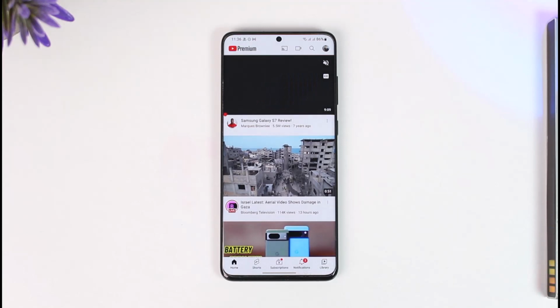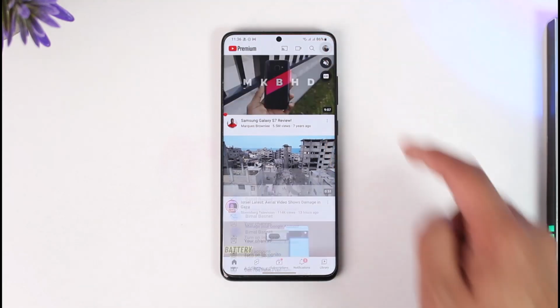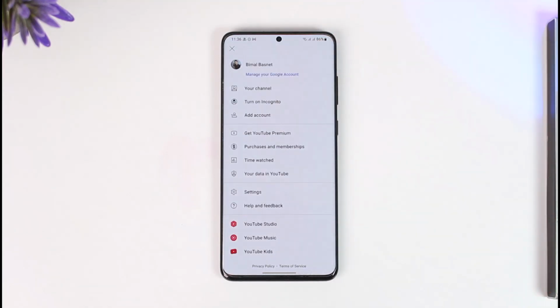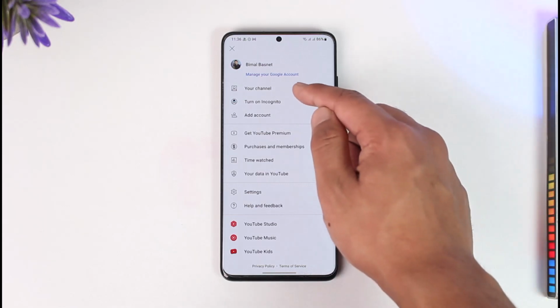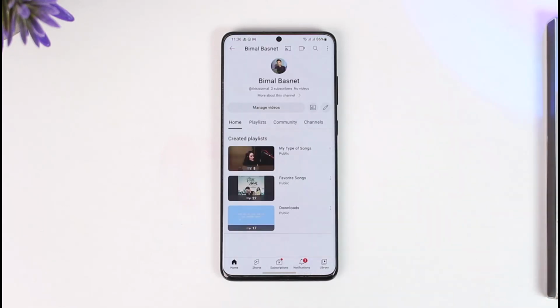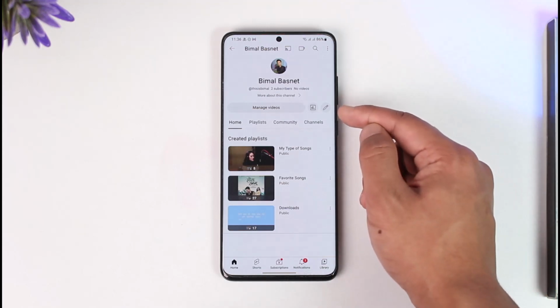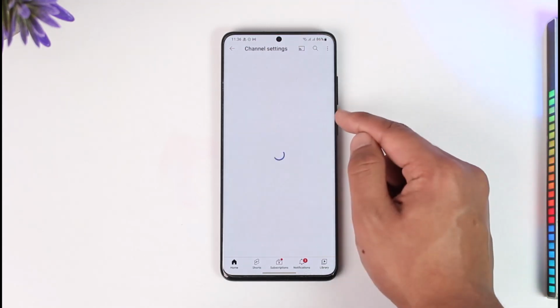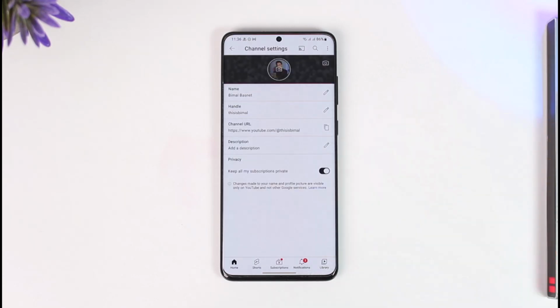Once you launch the YouTube app, you can tap the profile icon located at the top right hand side of the screen, and then you can go to an option known as your channel, as you would be able to find it. Once you go to the your channel option, on the right hand side you'll be able to find the little edit like pencil icon. All you have to do is make sure to tap on that pencil like icon,